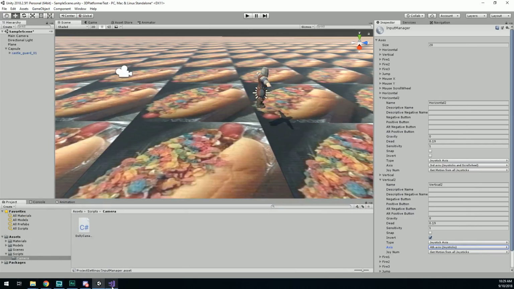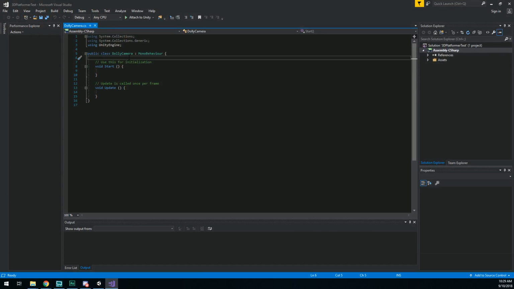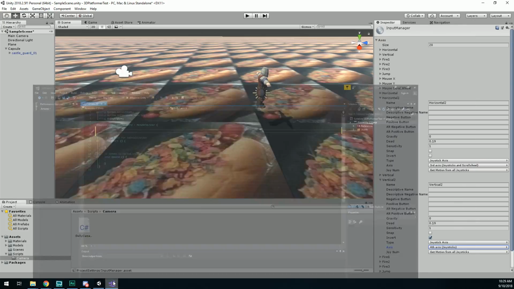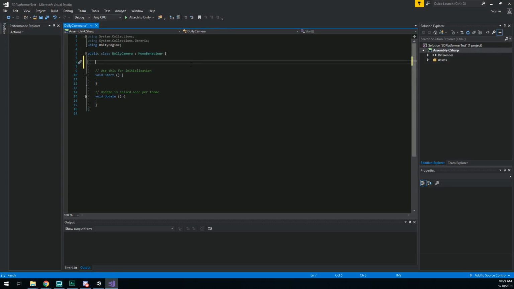Okay, so for a camera dolly, you always want to start by asking yourself, what do I need this camera dolly to have access to? So, the first thing is, since this is a dolly around a target, I need the target. So, public